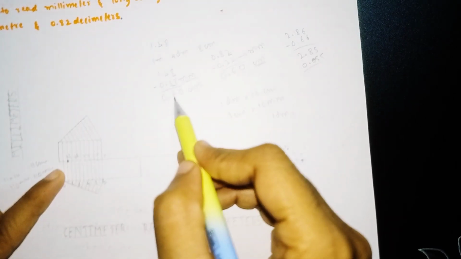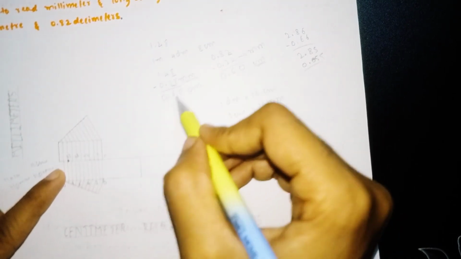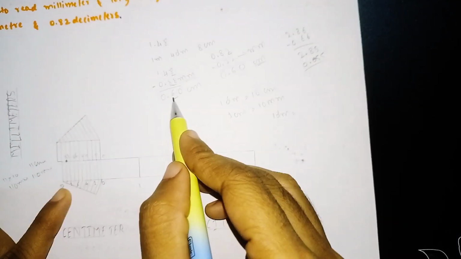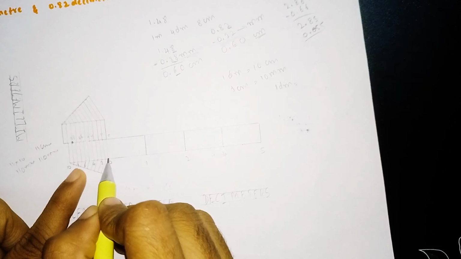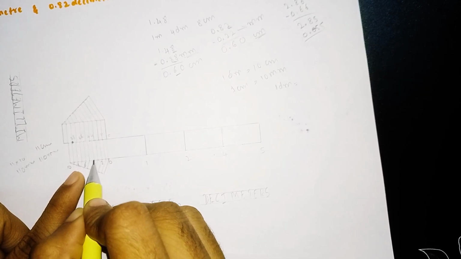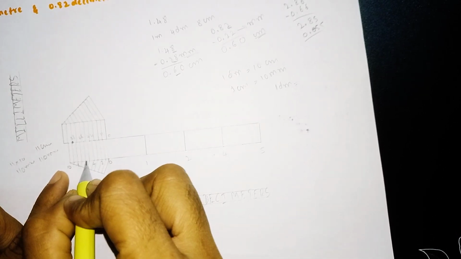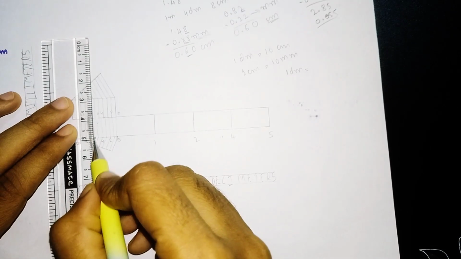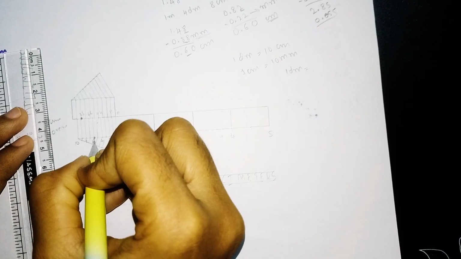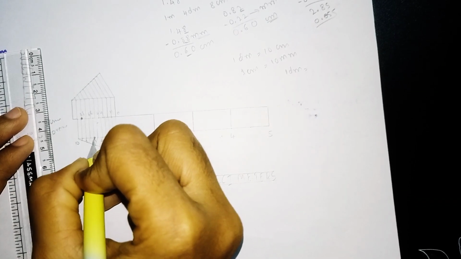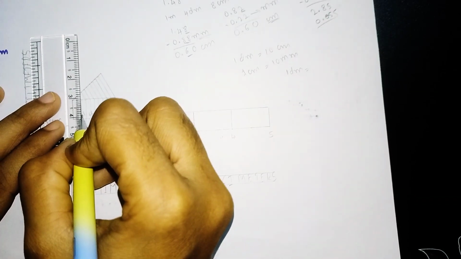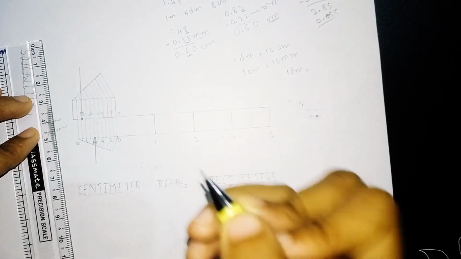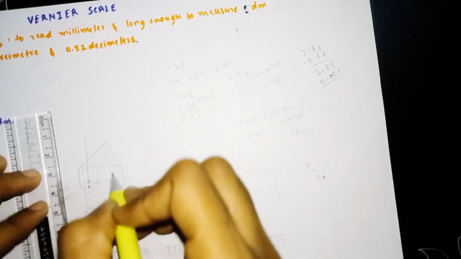And 0.60 means after 0 we have the value of 6, no. 6 means 6 centimeter. This value stands for centimeter. Centimeter means 0, 1, 2, 3, 4, 5, 6. 6 means it comes here. So now we have to mark it, and for that we have to draw one arrow indication here, and here also one arrow indication like this. So this shows our value of how much,